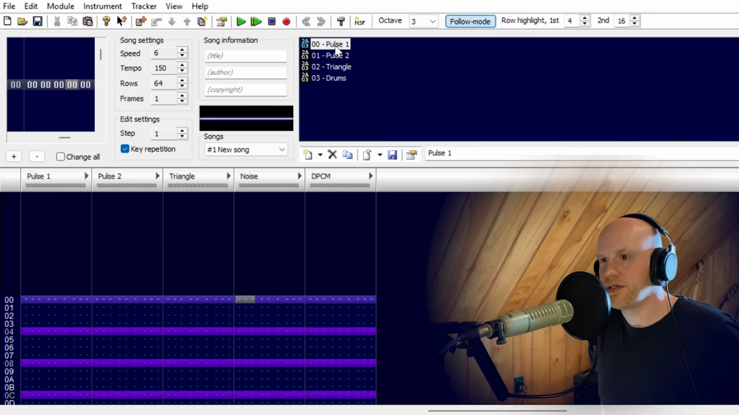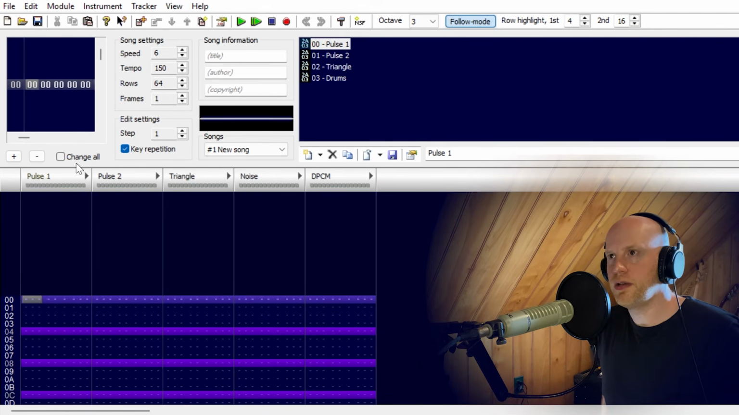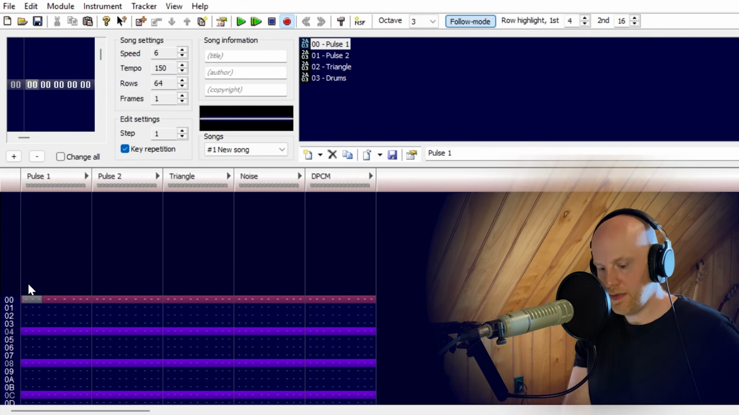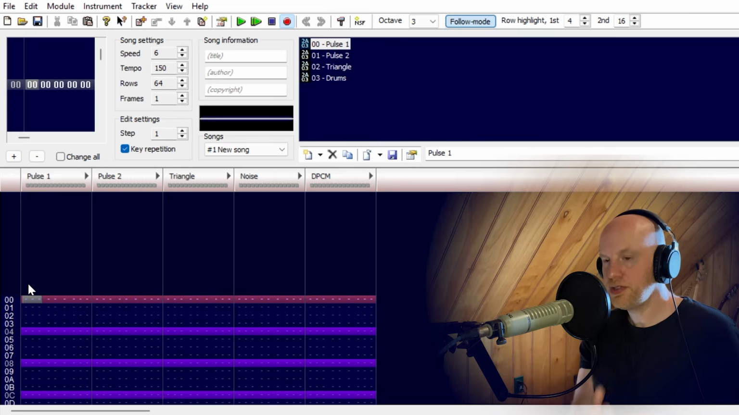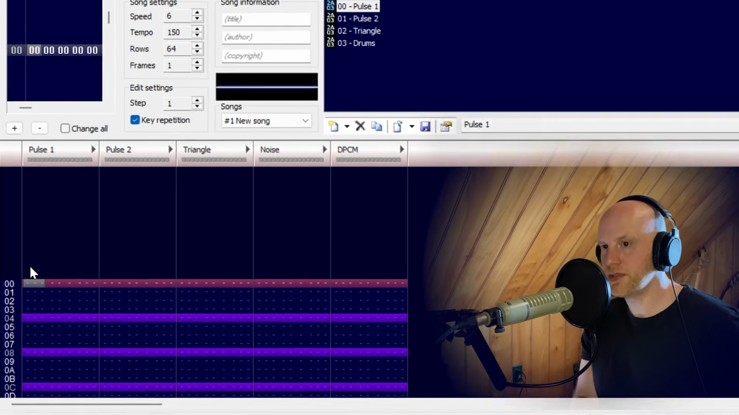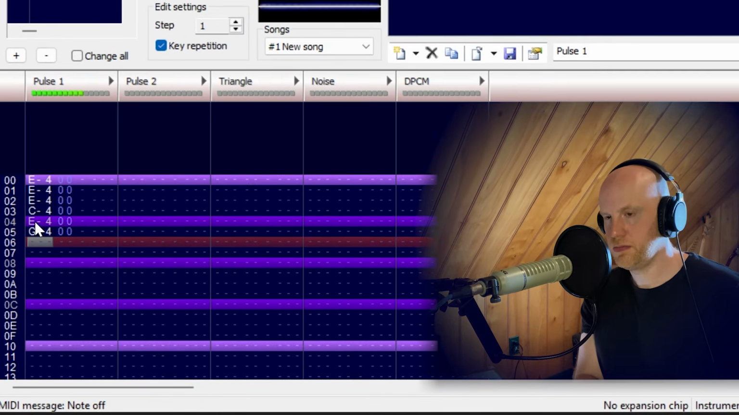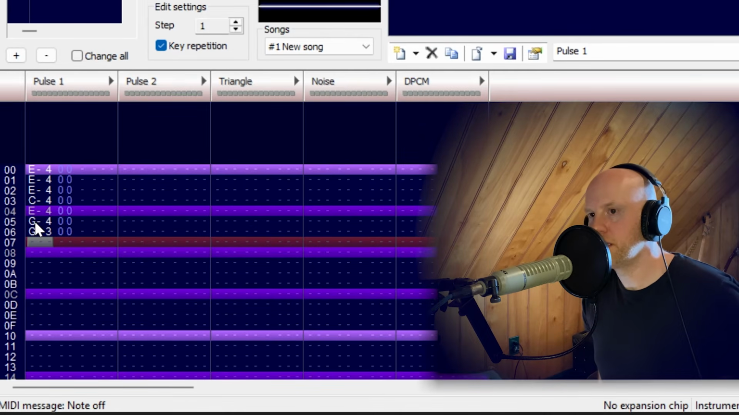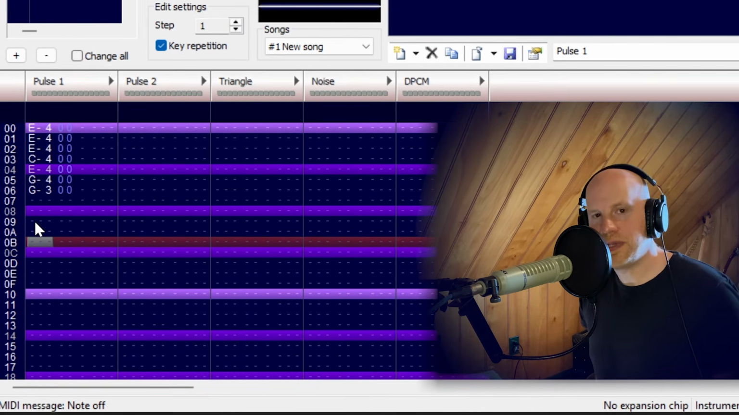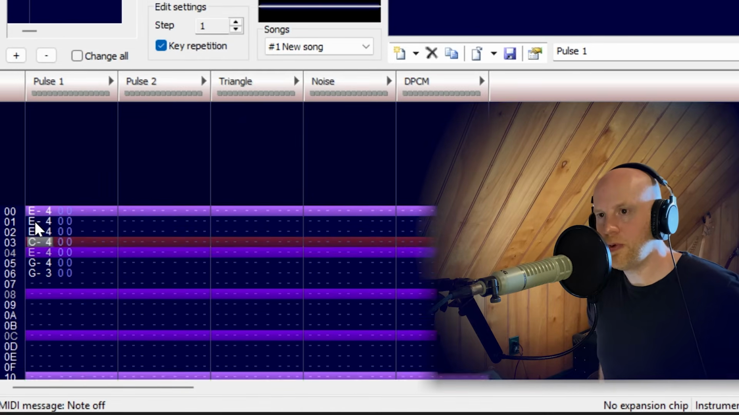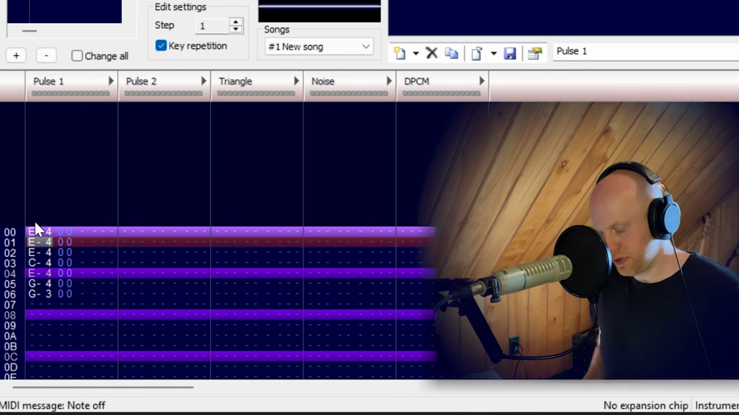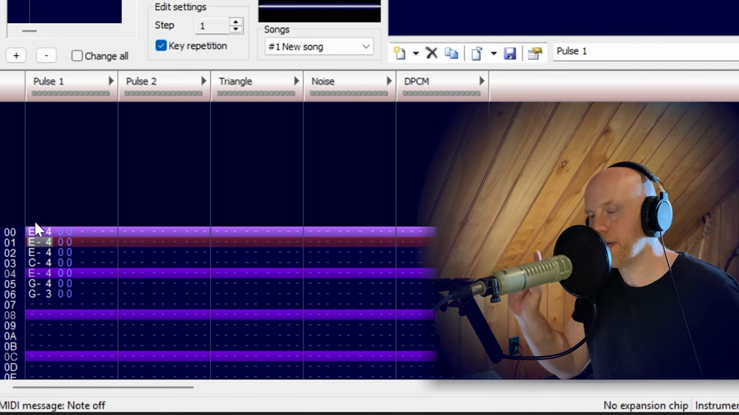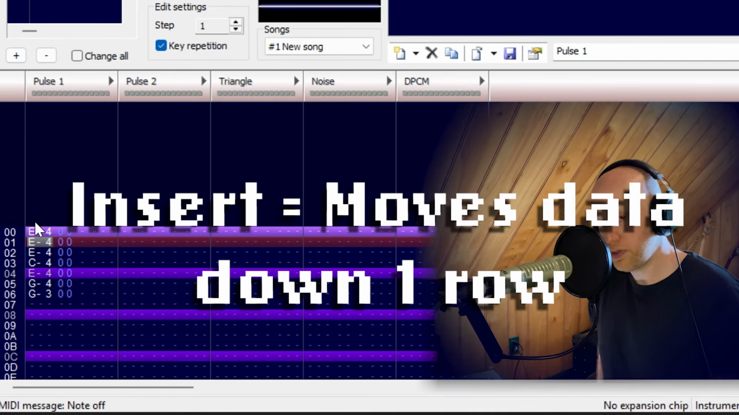So let's get started. Now we have to engage the record, so I'm going to hit space bar. And then we're going to start with the intro for the Mario Brothers theme. If I play that back, I have the right pitches, but obviously I don't have the right rhythm or the right tempo. One way of dealing with this is I can hit the insert button on my keyboard, and